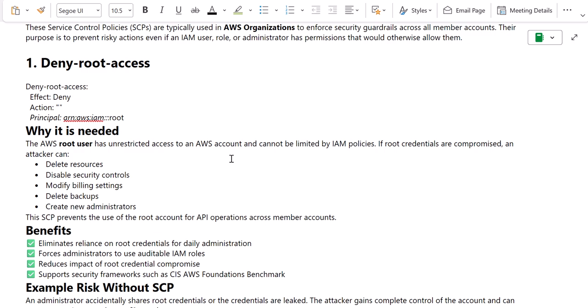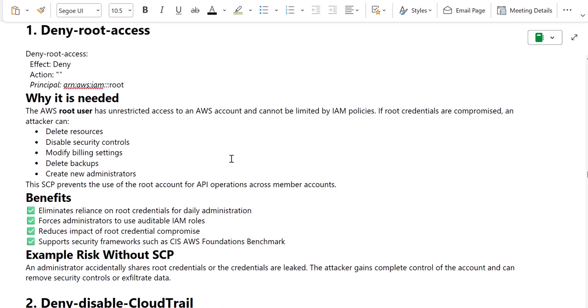Because the AWS root user has unrestricted access and cannot be limited by IAM policies. If root credentials are compromised, an attacker can delete resources, disable security controls, modify billing settings, delete backups, and create new administrators. So the SCP I'm going to create will prevent use of the root account for API operations